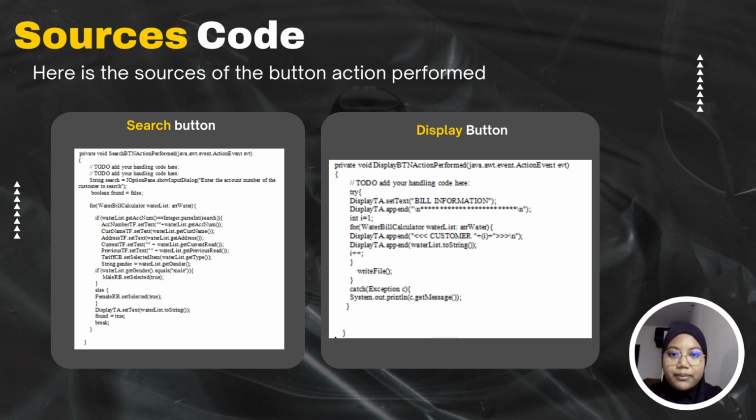In display button coding, there is also an exception handling to test whether there is